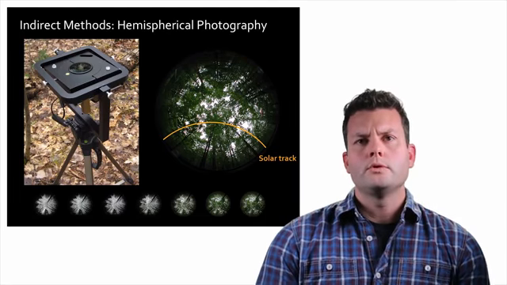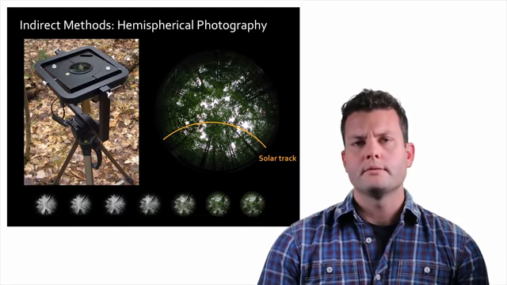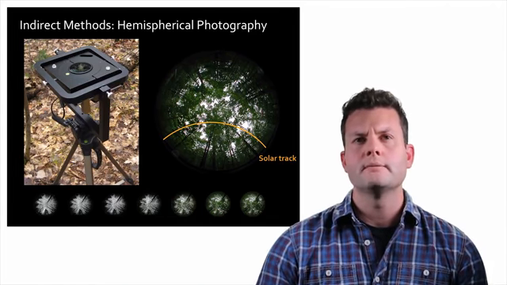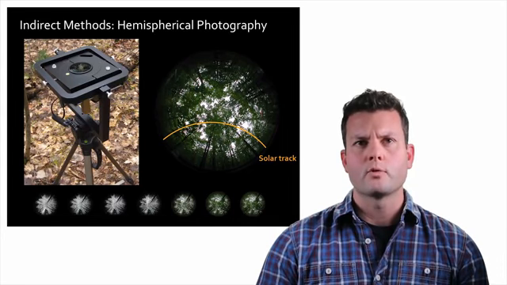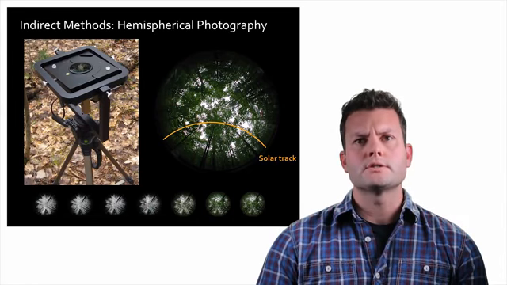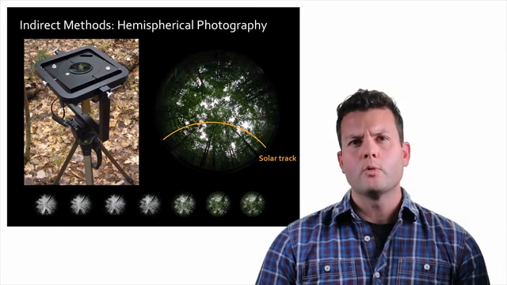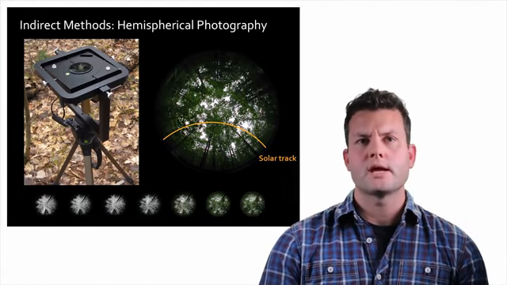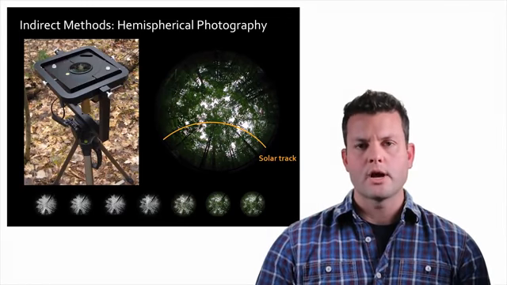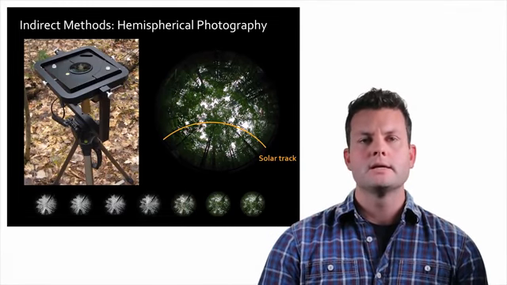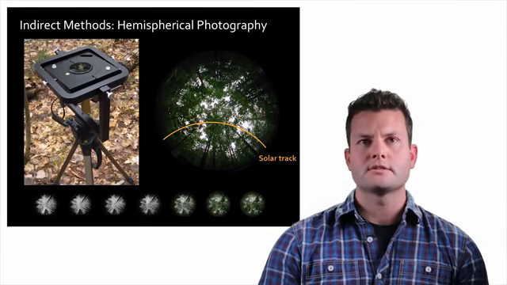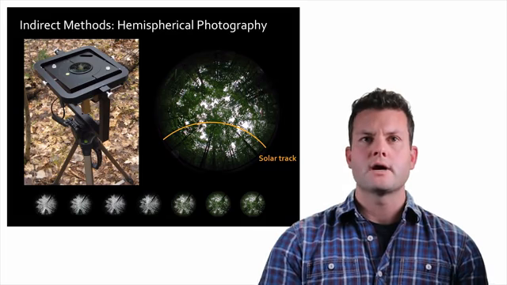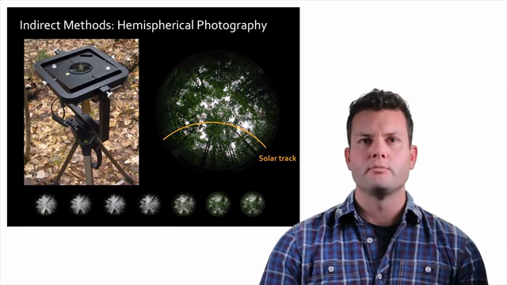So, hemispherical photography is a method that essentially uses measurement of transmitted light to estimate LAI. It's a method that's been around for quite a while and is fairly well established. What it consists of is taking a camera, using a fisheye lens with that camera, attaching that whole camera apparatus to some sort of a leveling deck, and then pointing it upwards so that it's facing the sky. So it's placed beneath the canopy, it's facing the sky, and then we're going to image the canopy from below